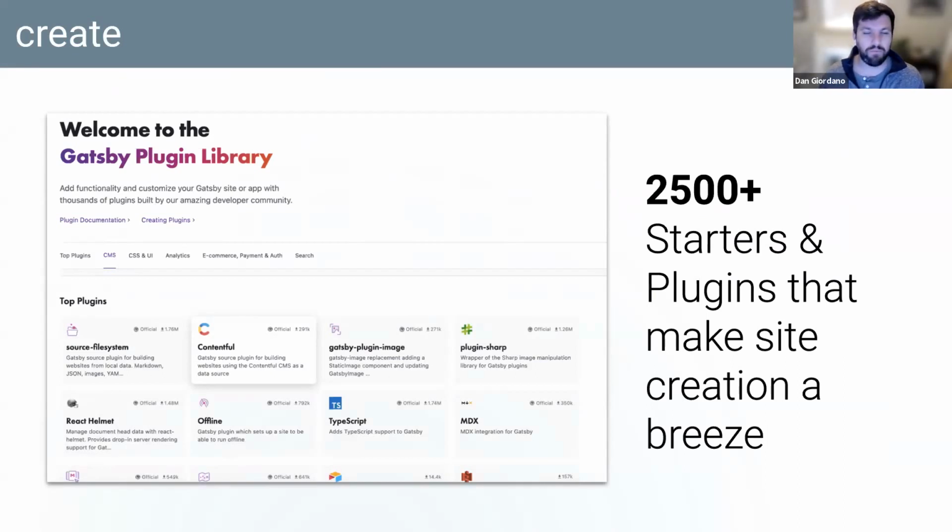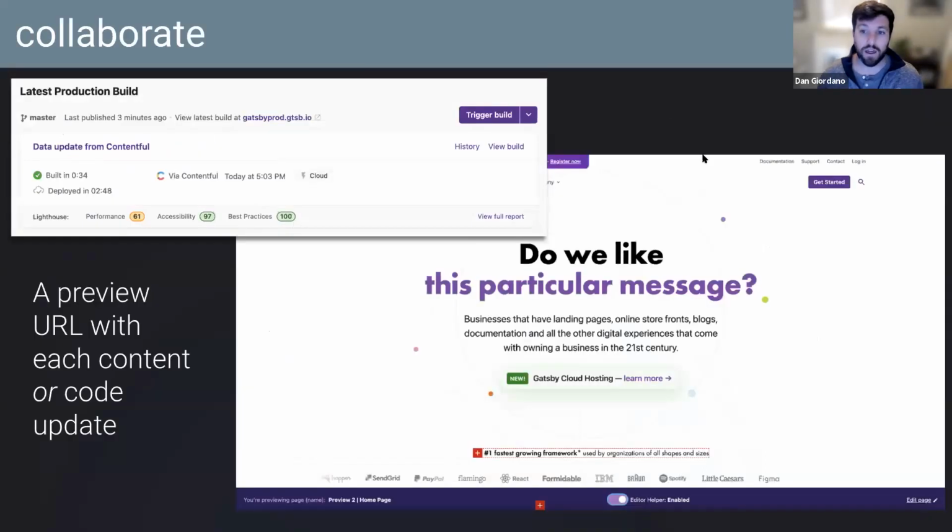It also helps you focus on configuring and tooling more than actually writing brand new code for something that's already been done. Collaborating in the cloud. Every single pull request, every single merge gets its own branch with its own preview environment in the cloud that's shareable at any time.